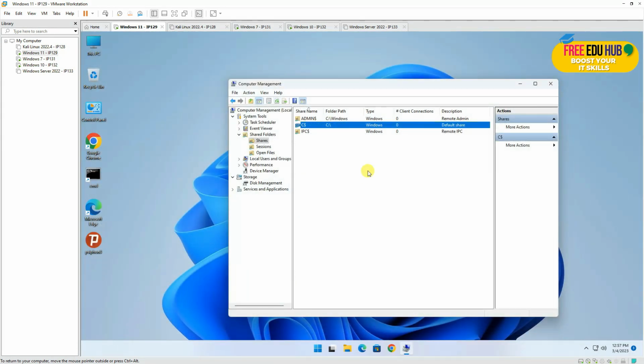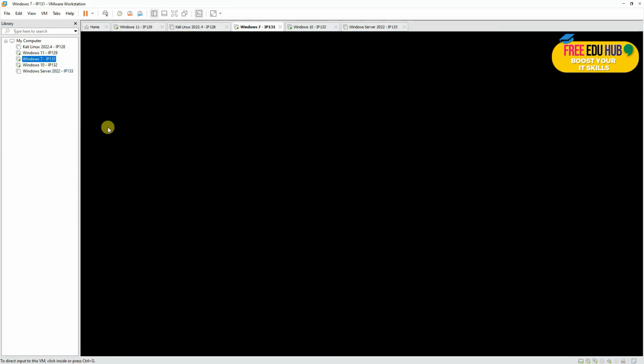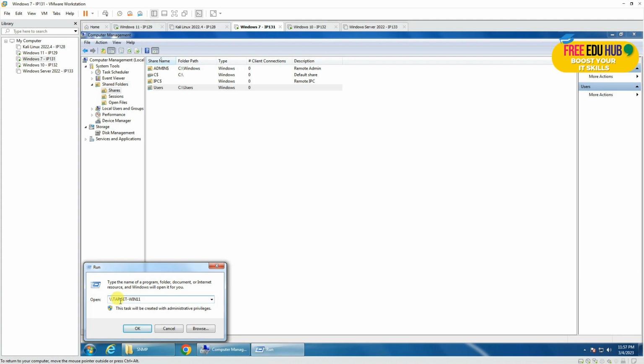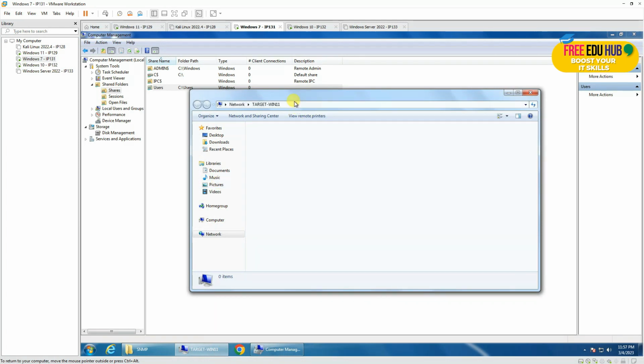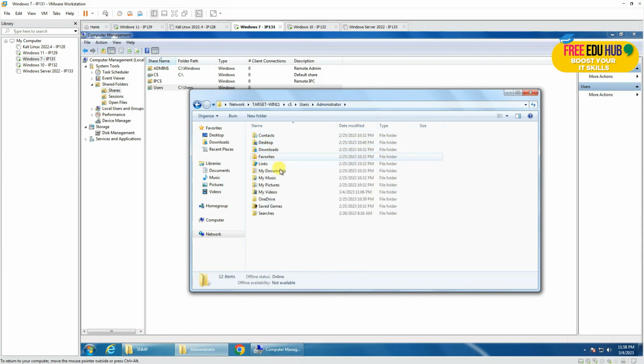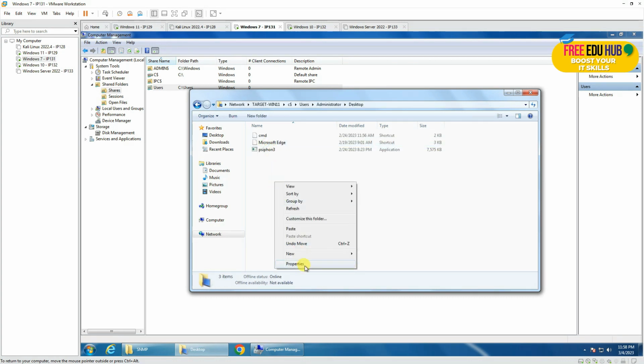So if I want to reach this target Win 11 from the Windows 7 machine, I'll put two backslashes and then type the name of the computer and press OK. Now it seems like nothing happened over here, but see what's the secret behind it. If I type in C$, I'm in the C drive of this Windows 11 machine. Now if I go to administrator, for example, go to desktop, and create a folder over here called